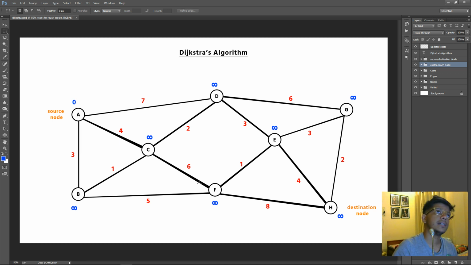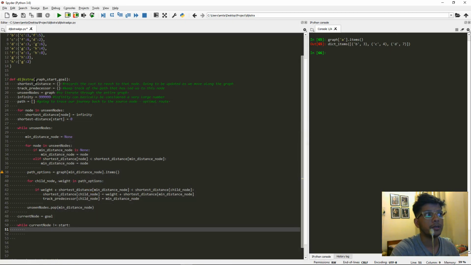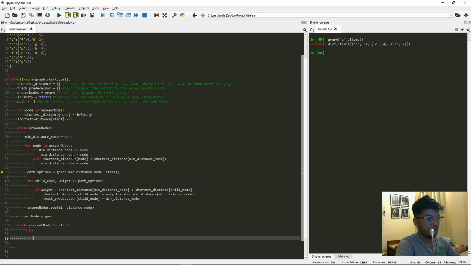So what will happen is you will find that there can be instances when somebody creates a graph and then passes the start node and the destination node, and there is no actual path between them. So for that we need to create this unique case as our exception, right? So we're gonna say try, and then except. So basically if there is no path, this is going to give us the key error, right? So we're gonna say key error,